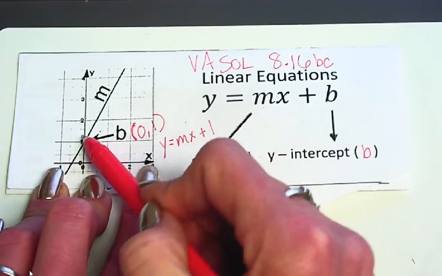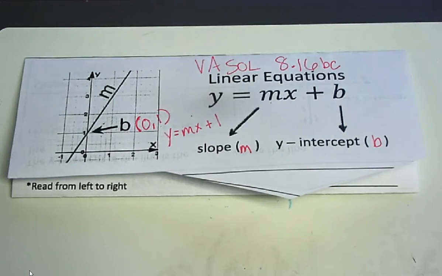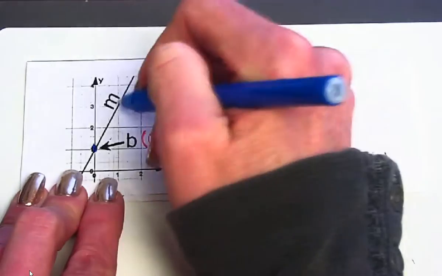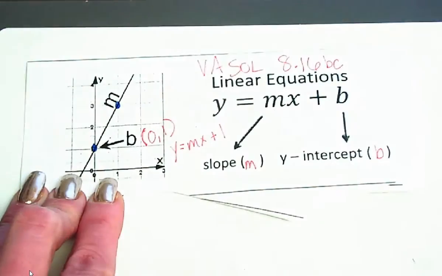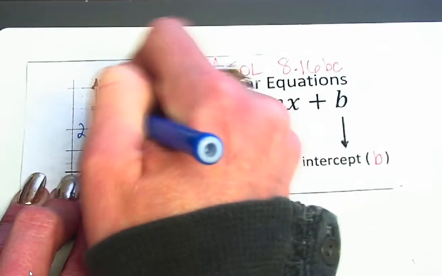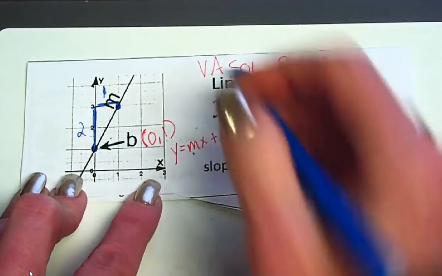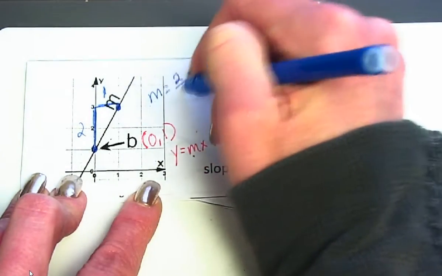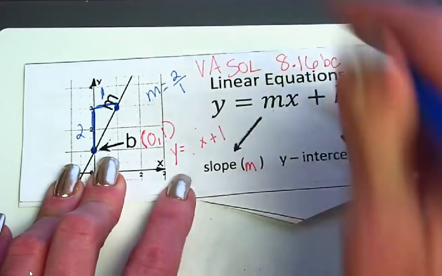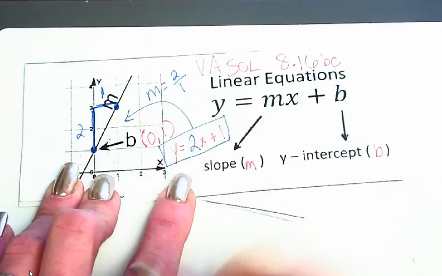To find slope, we already know how to do that in a couple of different ways, but one of which is to find our rise over run. So we can take this point here, our y-intercept, and this point here, these 2 points on the line, and I can find my slope value. My rise is going to be 2, my run is 1. So instead of just putting m for slope, m is equal to 2 over 1. So my m value is 2. So this would be the equation given this graph,